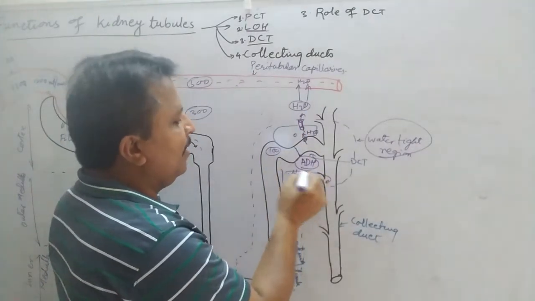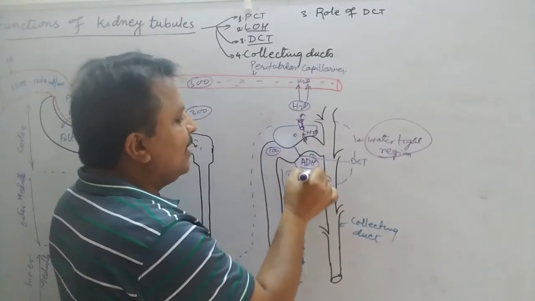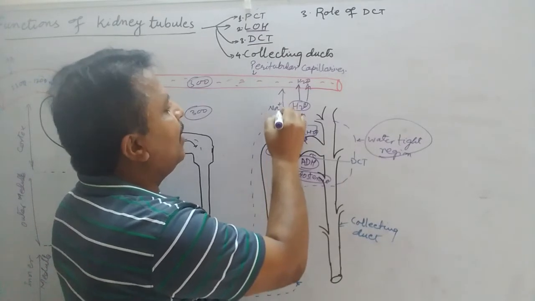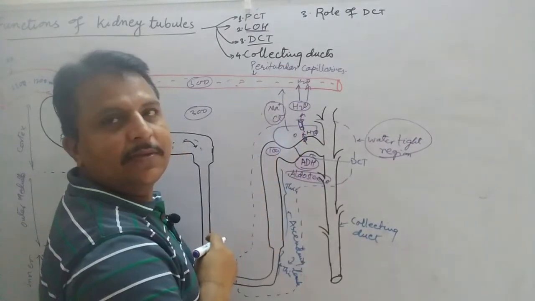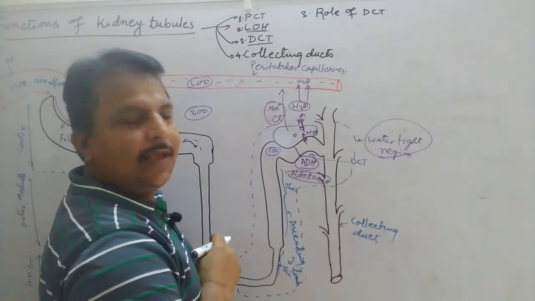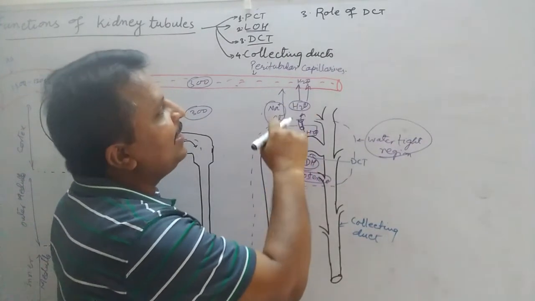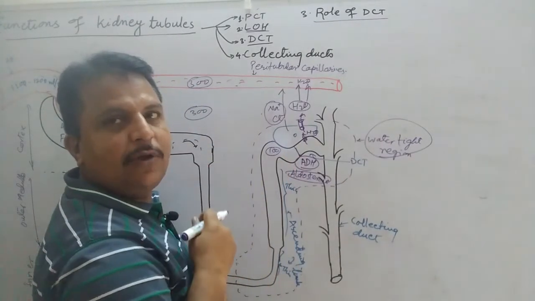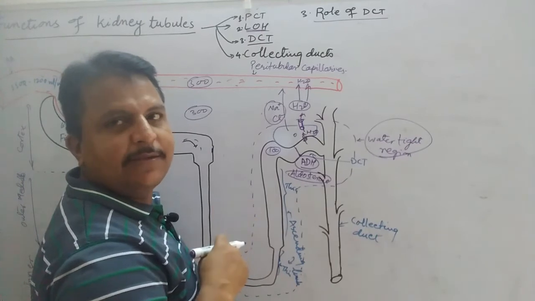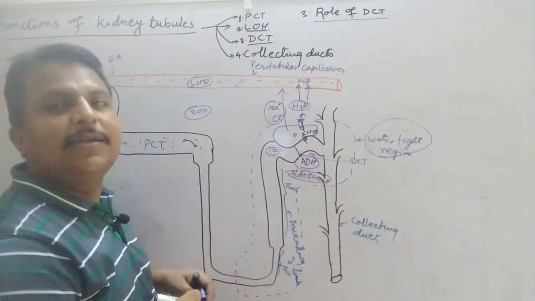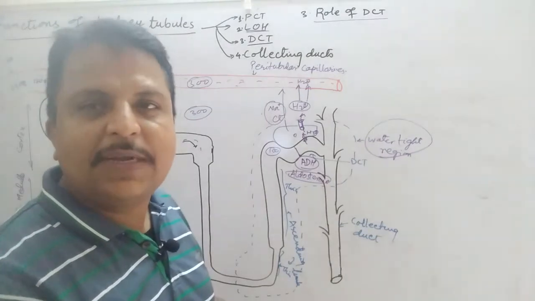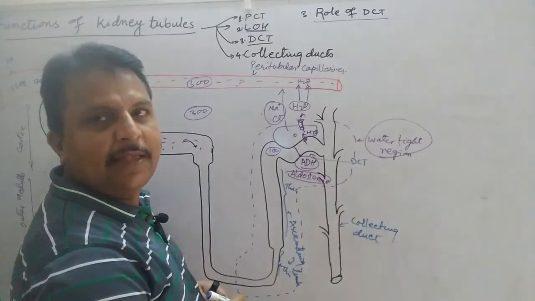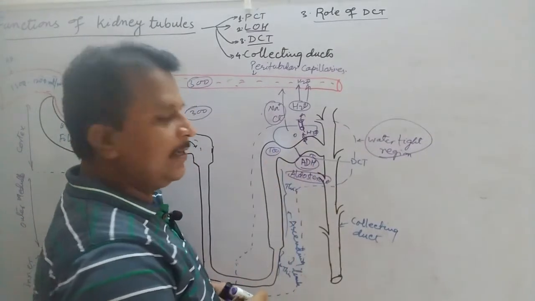A similar phenomenon will happen here also. Aldosterone will help in reabsorption of Na+ and Cl- chloride. So there is conditional reabsorption of water and electrolytes, sodium ions, bicarbonate ions, and there is selective secretion of some materials from the interstitium into the lumen of this DCT.